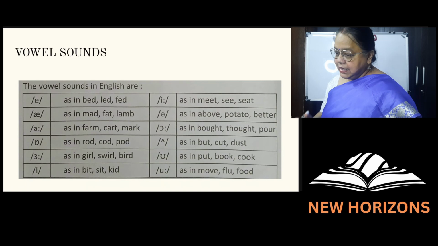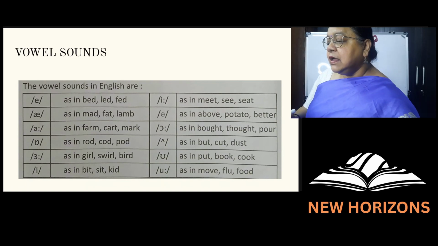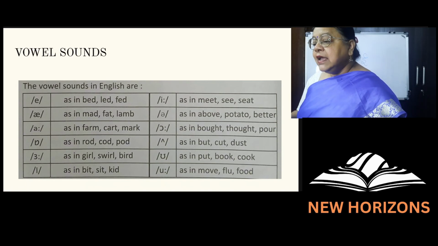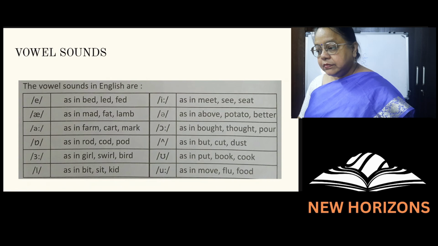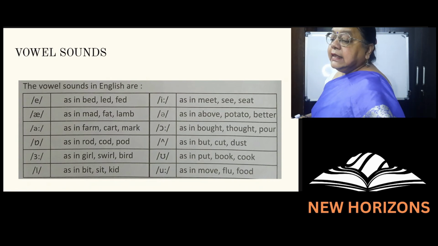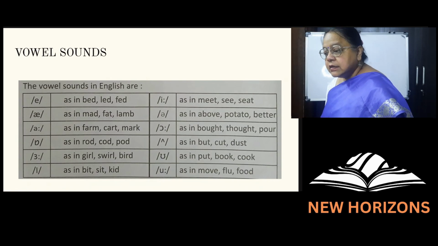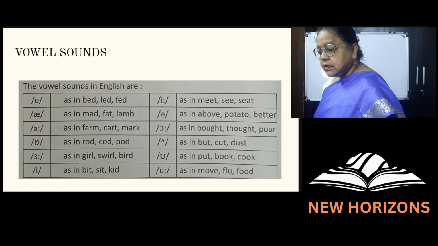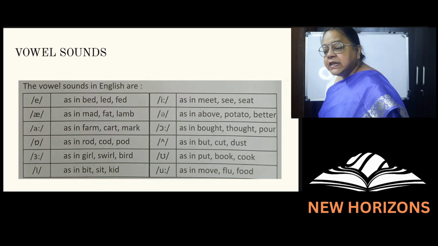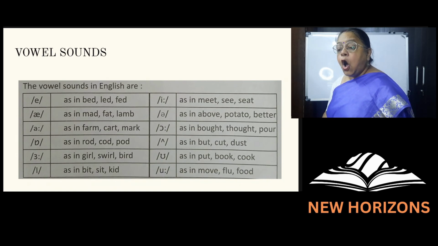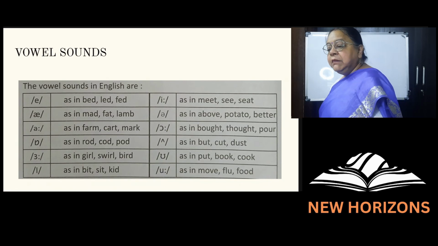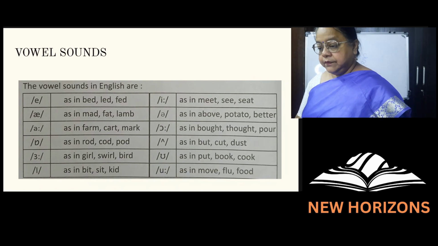Is it making the understanding of your phonetic symbols easy? Are you being able to decode it now? Yes, ma'am. Okay. The next one, the upside down A in the cursive pattern, you are saying, ma'am, that is or, O. Or, or. O will come later on. Okay, thank you, ma'am.